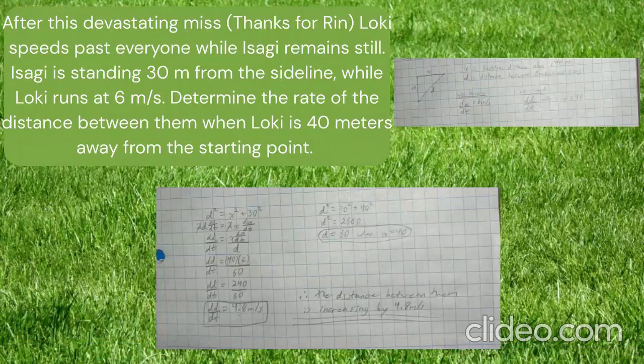Anyway, gets to Loki. After this devastating miss, thanks, Rin, Loki speeds past everyone while Sagi remains still. Sagi's standing 30 meters from the sideline while Loki runs at 6 meters per second. Once again, his speed changes. To determine the rate of distance between them when Loki's 40 meters away from